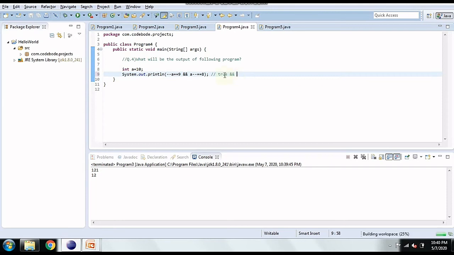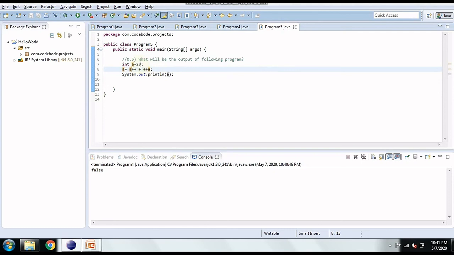Now 9 is the value of a. a-- is post-decrement, so the decrement is not going to happen first. It will check the condition first. So 9 equal to 8 will be false. So the output is going to be false. In this way, the output is false because the second condition, which is post-decrement, has evaluated to false.